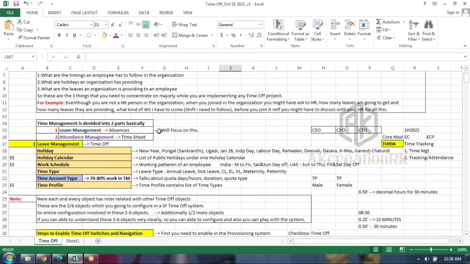Leave is nothing but options management. We are going to focus on this part. The second piece has been extended with more information as SAP time tracking, guys. The same attendance management. Now they are enhancing some more functionality with clock-ins and clock-outs: at what time you came to the organization, at what time you left, and in between, how many times you are in or out.